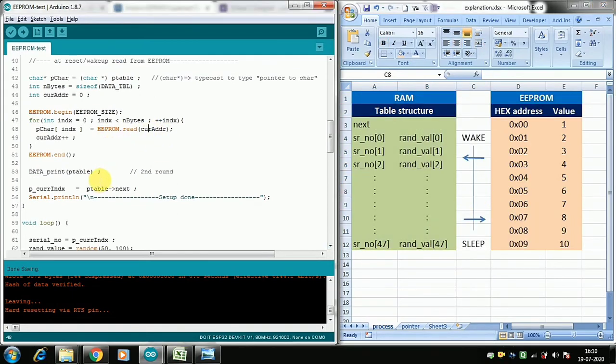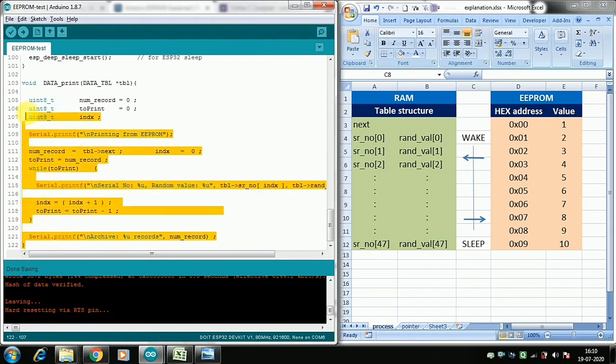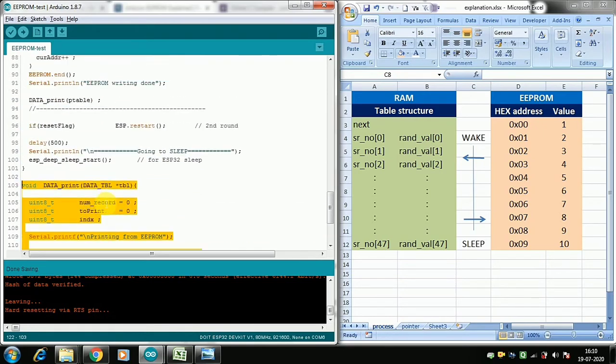And then we do data print of the table. Whatever we have read, we write that out into the serial monitor. Data print is a function which is printing this data whatever is read. So you can see the data print thing here. This function is defined here. A function is something, when we need to use something again and again, we make it into a function, and we call that function so that this job can be done repeatedly. I will not explain this here because of the time constraint. So you can read it through. I think you will be able to understand.